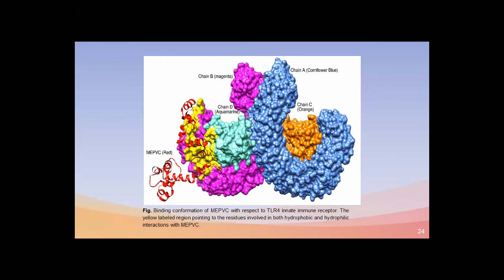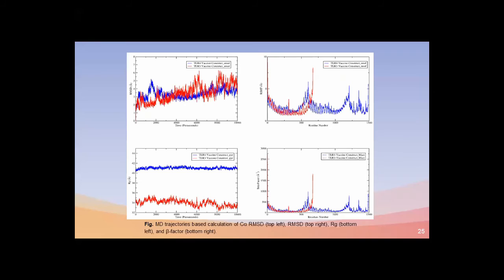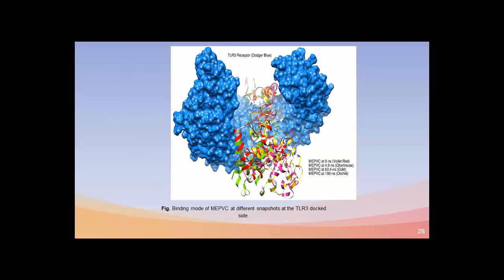So the same are the results here. It is anchored to a part of this TLR4 receptor. Normally, with vaccine constructs, we have certain limitations, and the deviations of the system are very high under nanosecond dynamics. But if you see, the MD trajectories which we have are quite stable in these graphs, which shows that the construct which we made remained stable throughout the simulation time with the TLR3 and TLR4 receptor. So these are representations in different colors of the attachment of that receptor to the construct at different nanoseconds. If you see at the 5th nanosecond, at the 62nd nanosecond, and 100 nanoseconds,